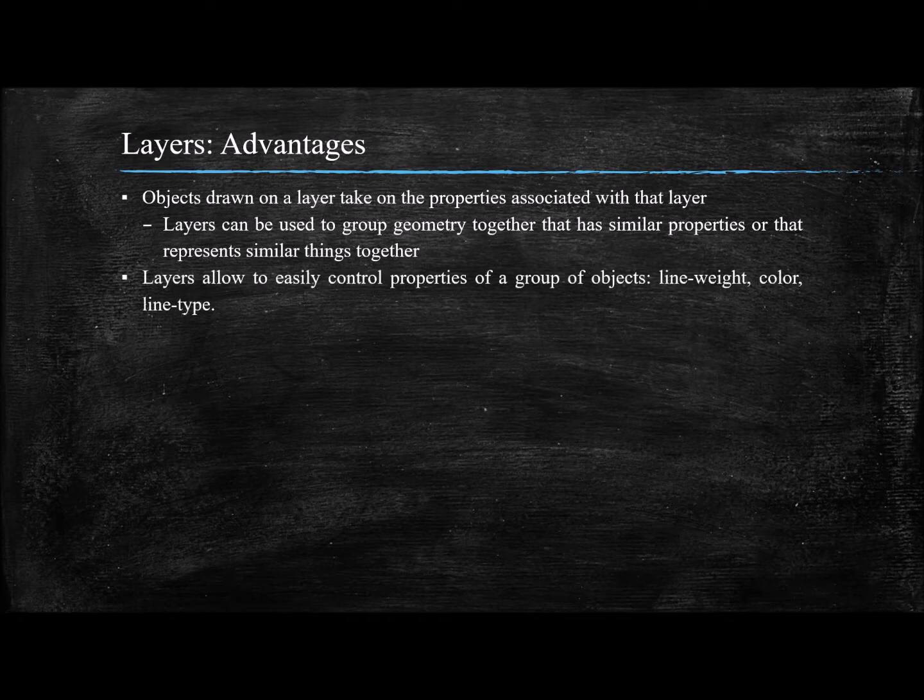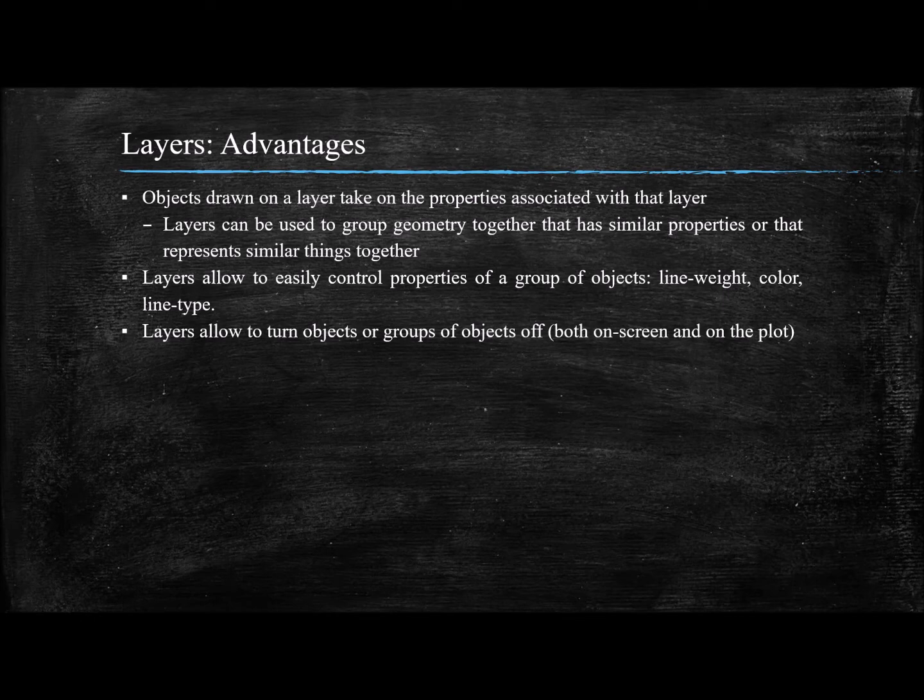Layers are also helpful in controlling the properties of a group of objects. For example, if the line color for the nuts and bolts mentioned in the previous example is to be changed, it can be very easily done by altering the layer property, and all the objects in that layer reflect the change. So instead of individually altering the line color property of each object, which obviously would have been time consuming, a single operation is only required to change the line color of all the objects.